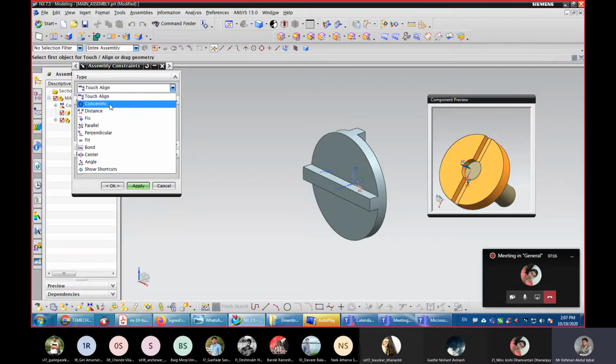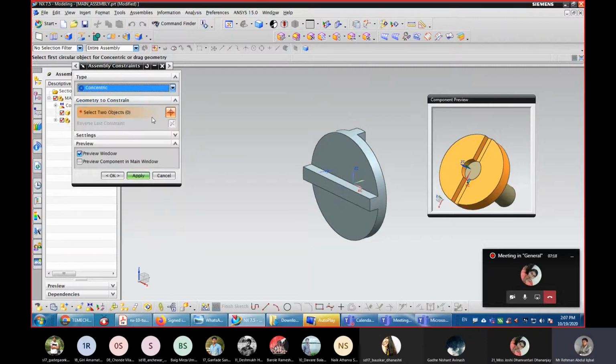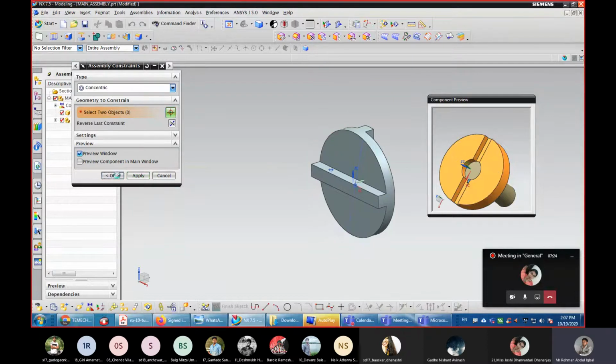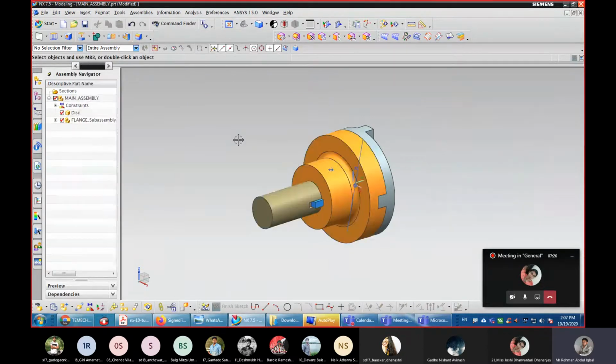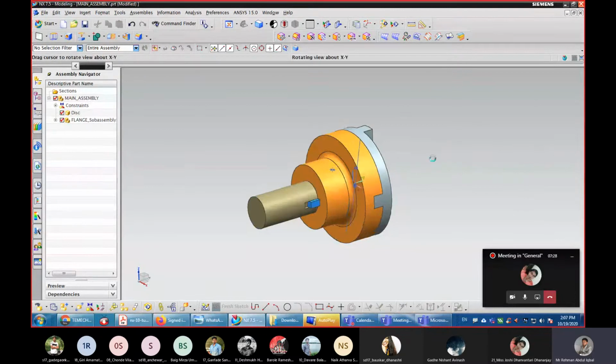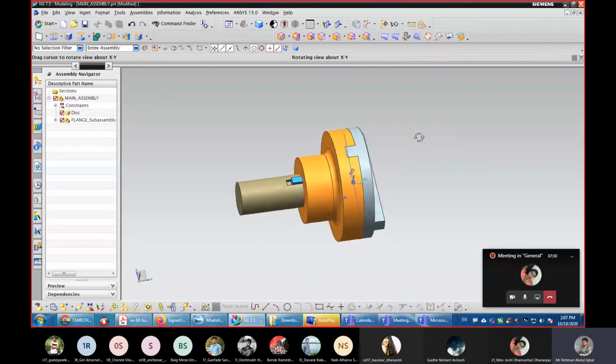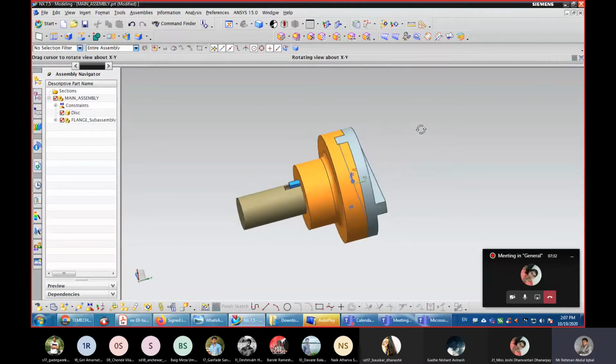So go to concentric and select this and this one. Let us see the result. It has been perfectly assembled.